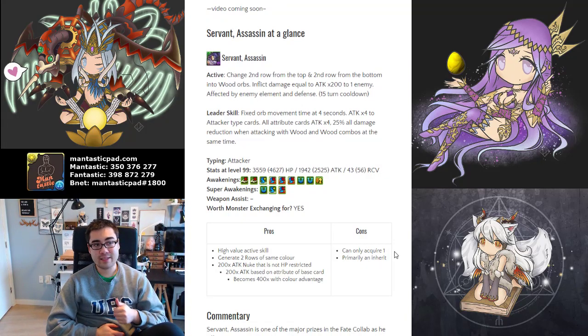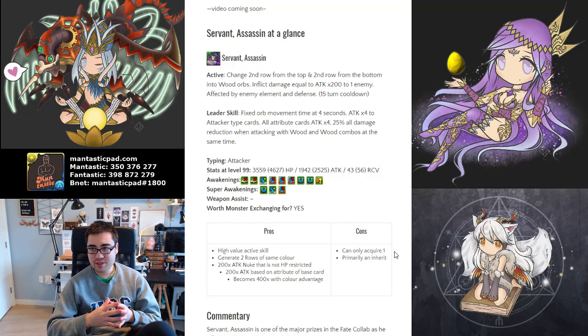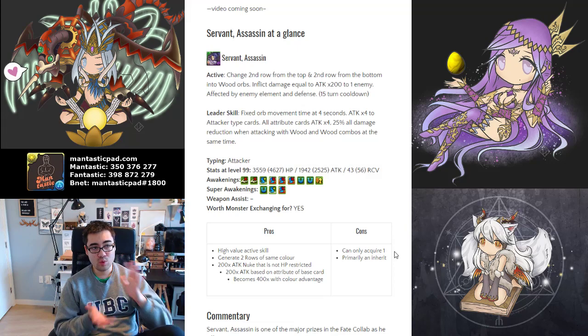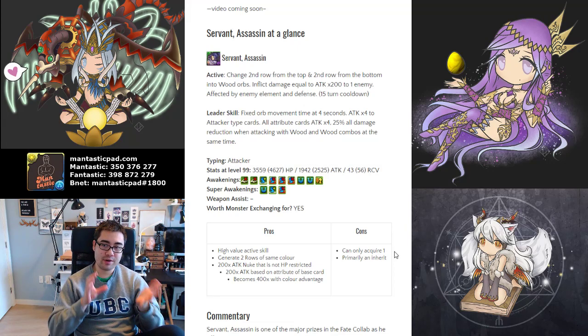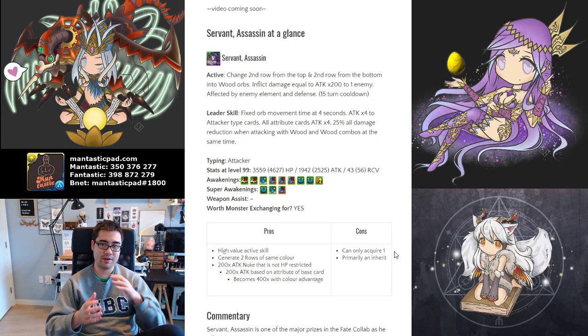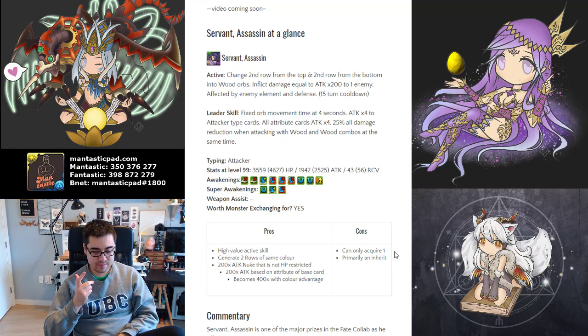The reason for that is his active skill. His active skill changes the second row from the top and bottom into wood orbs. So a double row maker of the same color is significantly more valuable than a double row maker that makes 2 different colors. The reason for this is that you are able to use them across a wider variety of